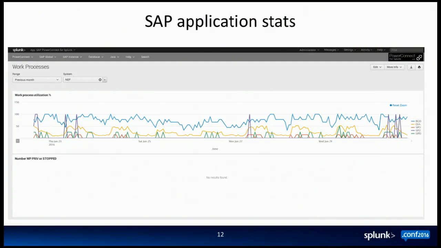Which means that if we're all logged in and all those processes get locked up, and you can see that has actually happened on this system, there are times where the utilization has hit 100%. At those times, the system stops working, right? It just stops. And you get an hourglass on your screen, and you have to wait until one of those